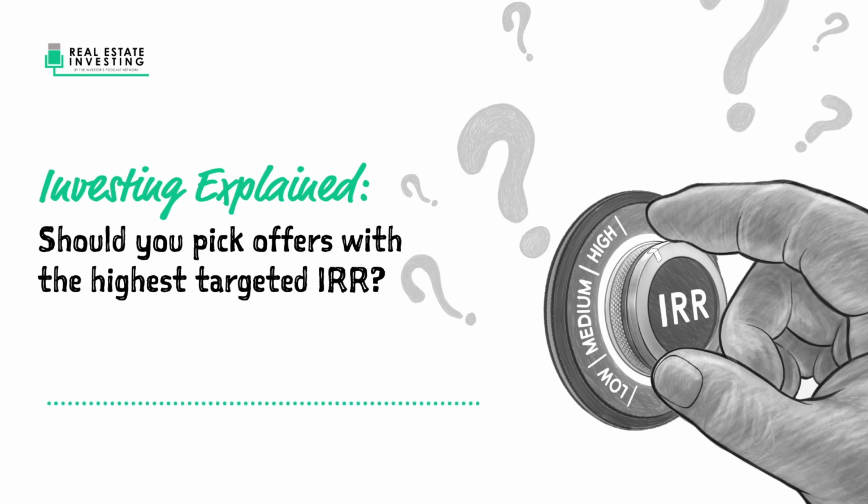There's so much risk taken on to get to that return that investors are accepting a very real possibility of principal loss. And I think the unfortunate thing is that when some investors are newer to the marketplace, or just newer in general, they tend to view risk as relatively constant, and they think that higher targeted returns translate into higher actual returns. And that's where I go back to, it just doesn't work that way. It could, but it might not, and you might end up with a deal that turns into a loss because you're swinging for the fence. You swing for the fence every time, you've got to expect to strike out.